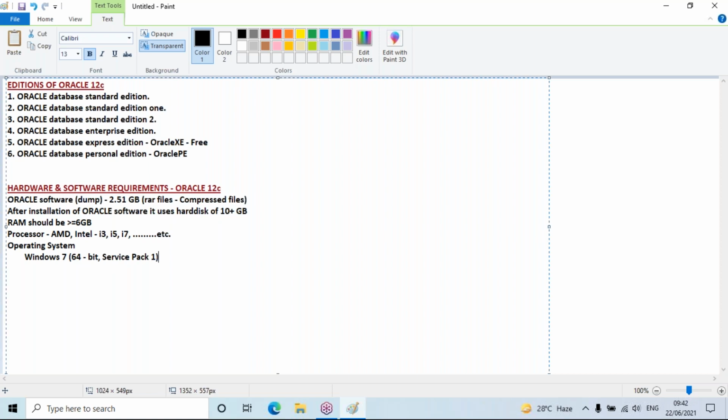If you have Windows 7 32-bit, you also cannot install 12C on it. The moment you start installation, you will get a message saying you are not meeting the requirements for Oracle 12C, and it will stop your installation. If you are working with Windows 7, this is compulsory.